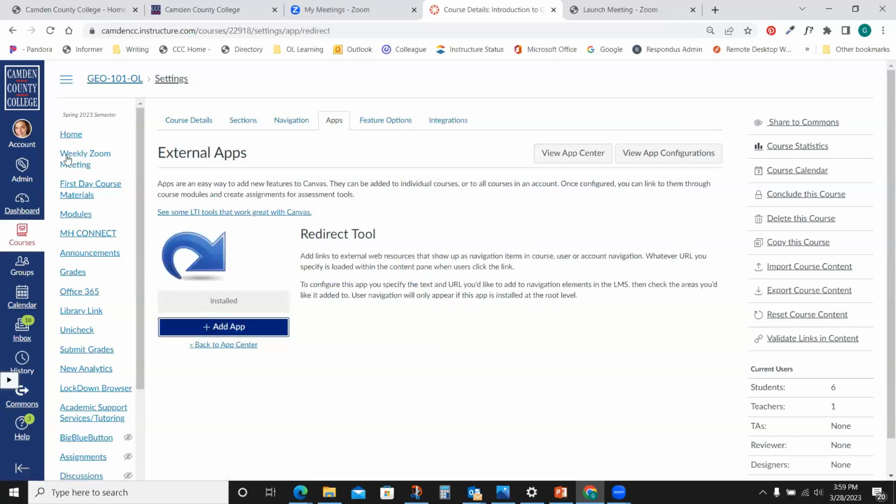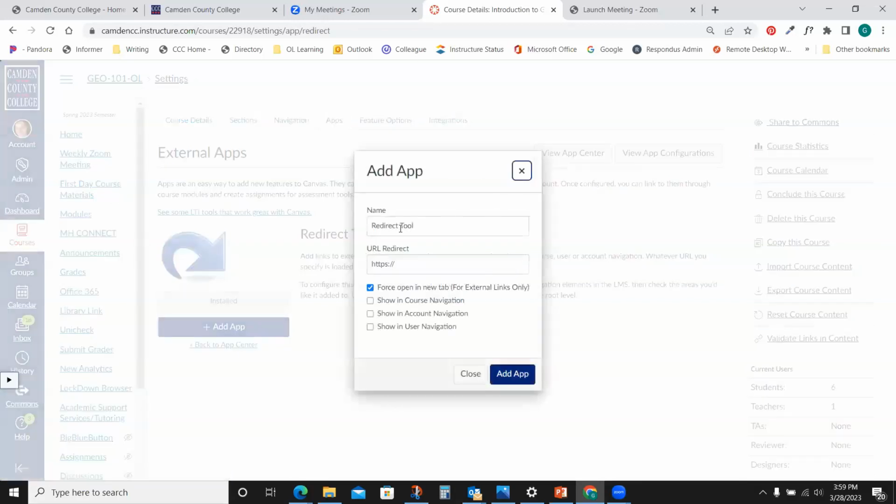I already have it in this course, so that's why it's saying installed, but I'm going to do it again. I'm going to click Add App. And then all you're going to do is give it a name. Like over here where I made my Zoom meeting link, you would just name it whatever the website is or whatever you want to call it. I'm not being very creative today, but I'm just going to call this Zoom meeting again.